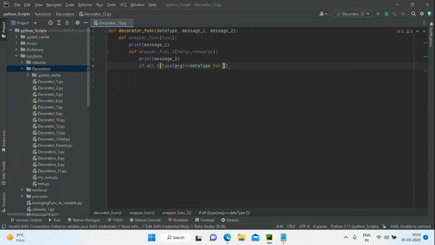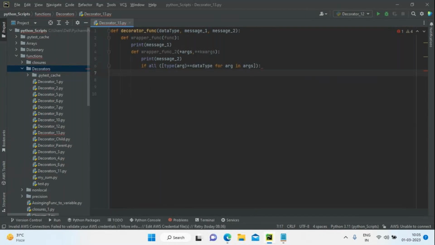For list comprehension, I have to use a for loop: for argument in arguments. Now argument is an iterable variable. And then you can use colon,